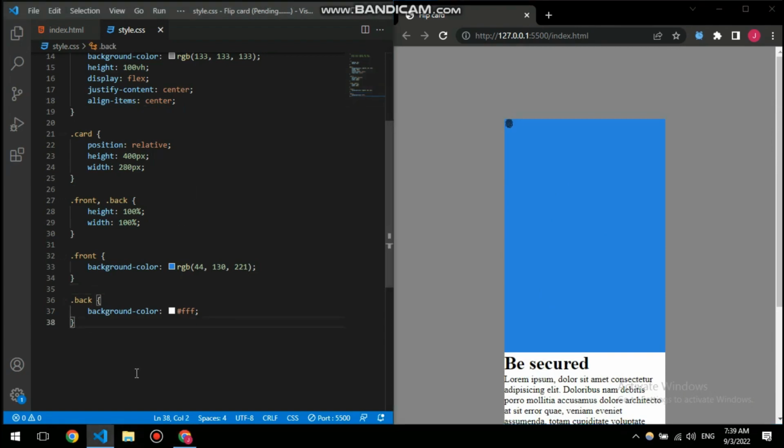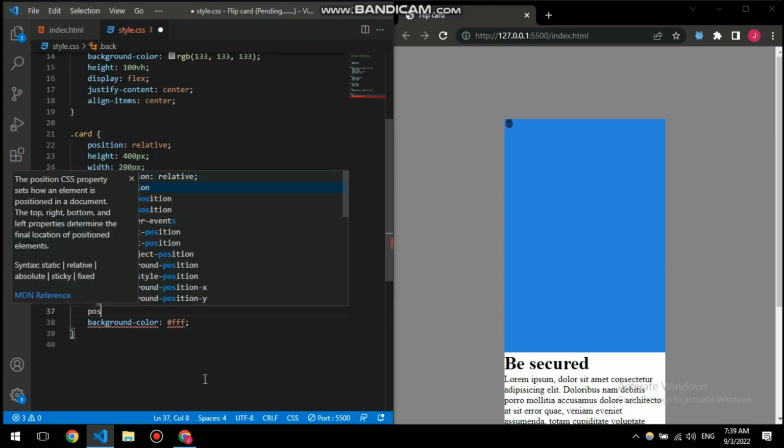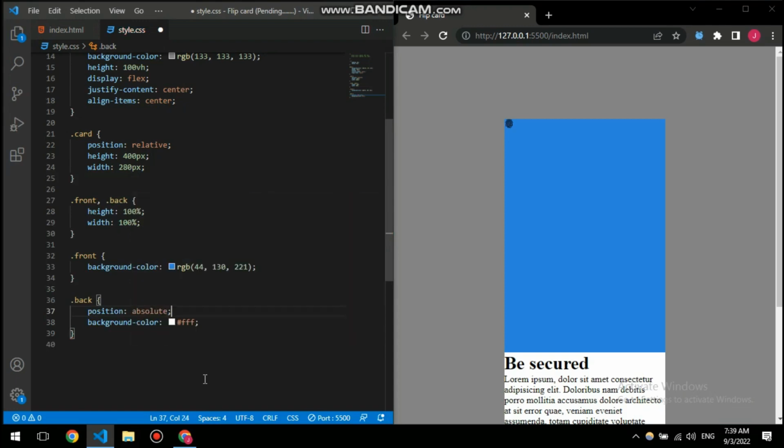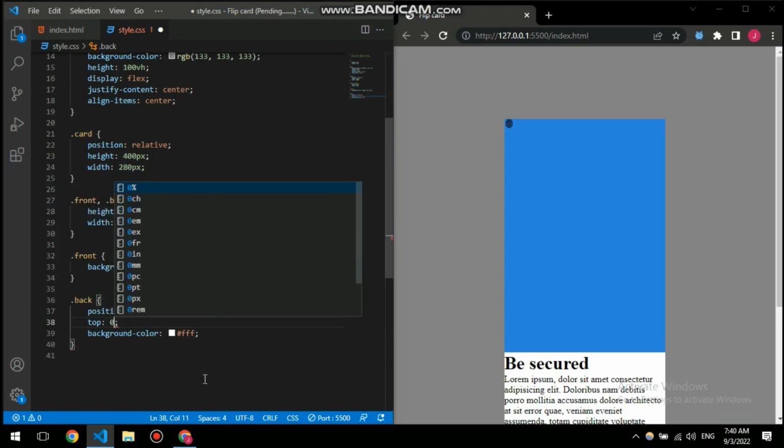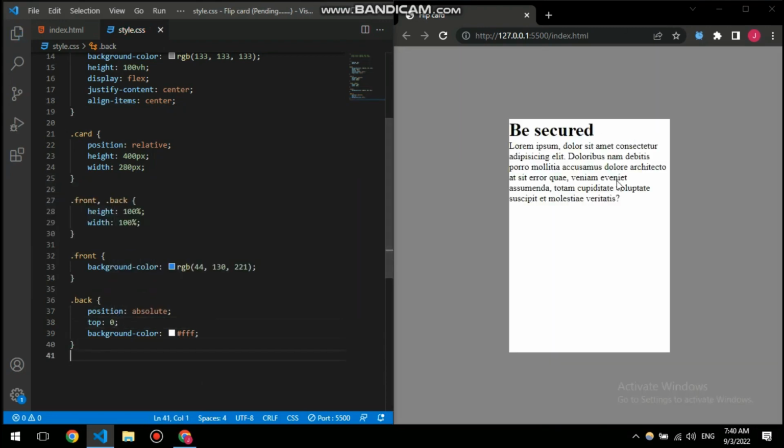So for that I am gonna use position absolute, so that it's free to move anywhere, and then top is gonna be 0, and let's just see, there we go. So it's now on the top, but I want the blue one or the front one to be on the front, which makes sense. So for that I'm gonna change its z-index